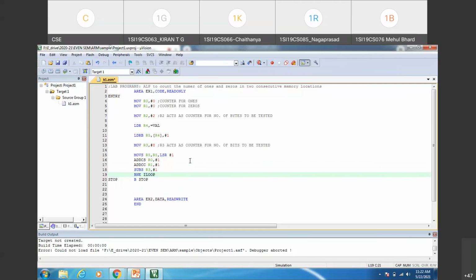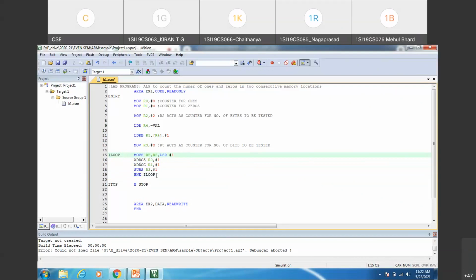Now can you tell where to initialize this I loop? Where to label this I loop? To which instruction do I have to give I loop? I need to repeat this testing operation. Where should I loop be given? Yes, very good. I need to give it here. I loop. So this instruction has to be repeated. 8 times this code will be repeated since 8 bits are to be tested.